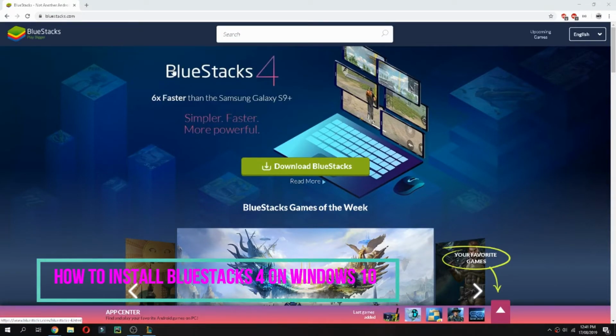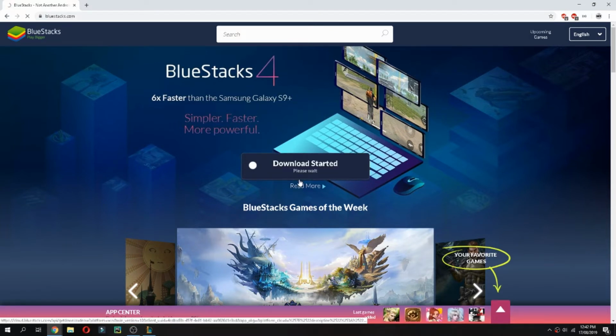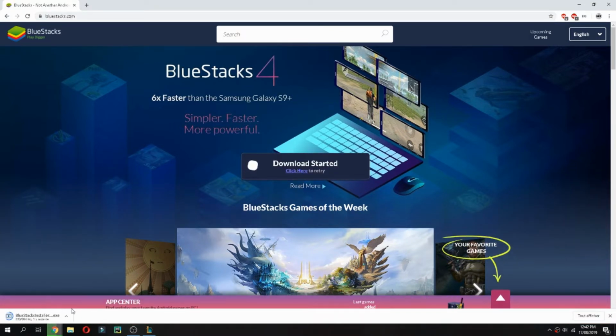I will show you how to install Bluestacks, the latest version. So open bluestacks.com and click here on Download Bluestacks, and please wait for the download. It starts the download, so please wait. And now open the file .exe,